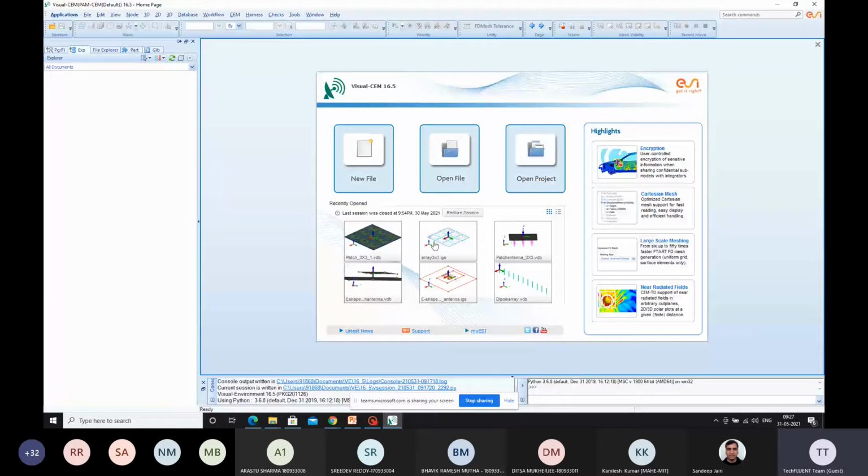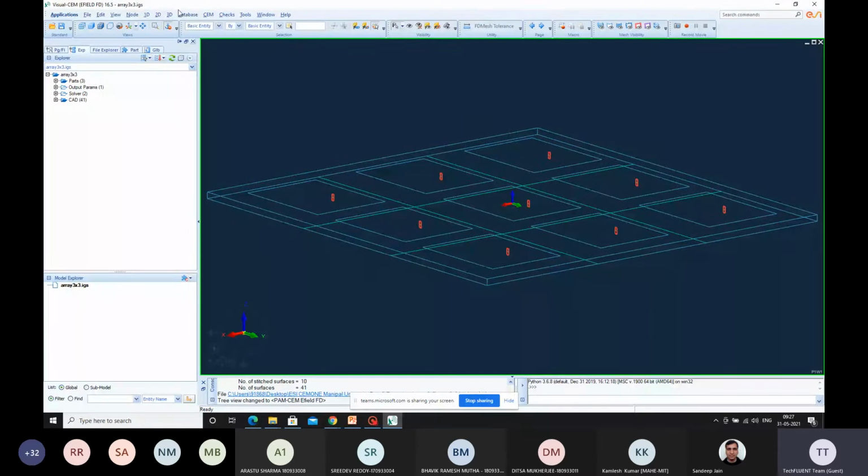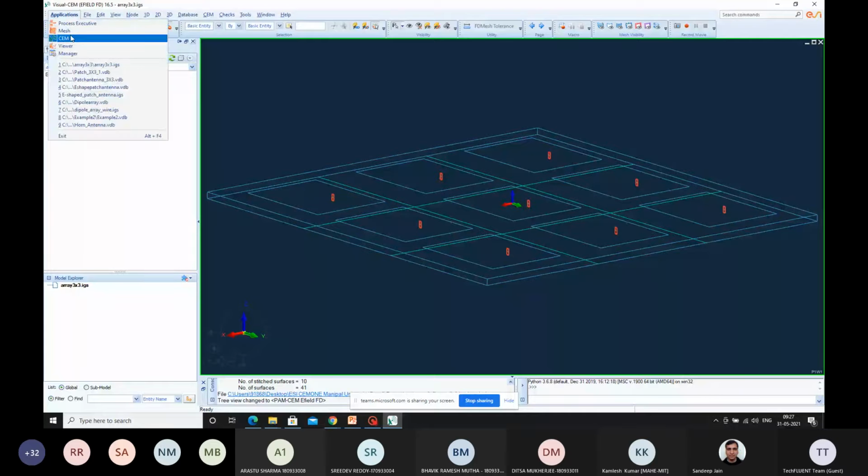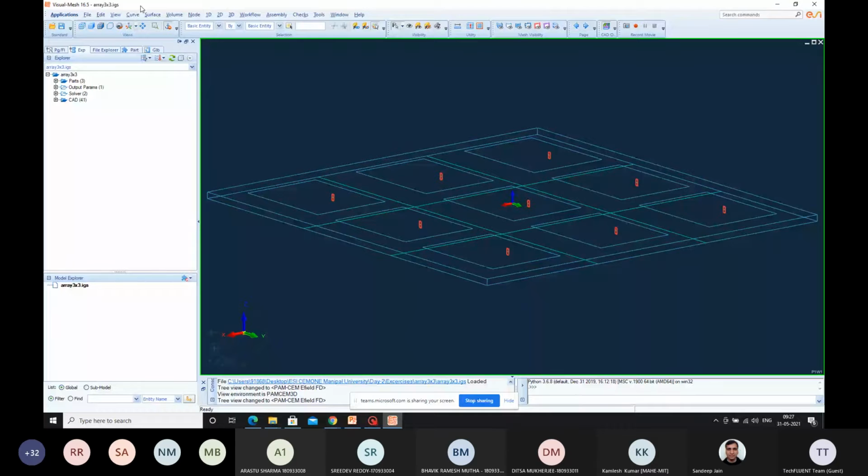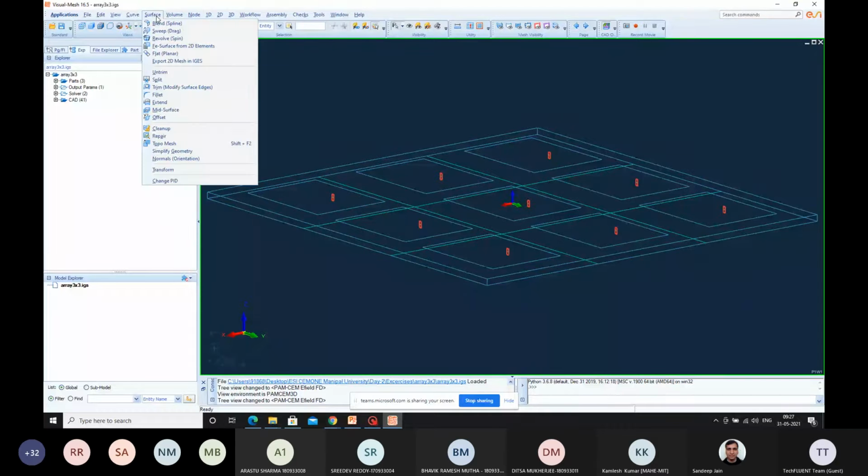So that's the reason what we have to do, once you have imported that, is go for repair. Under repair, we have to go for check.